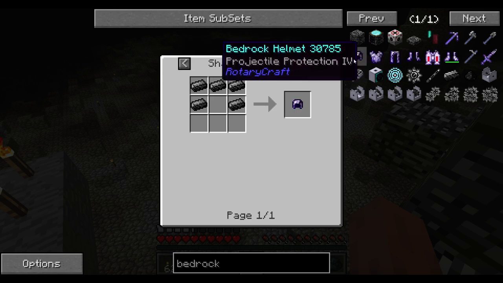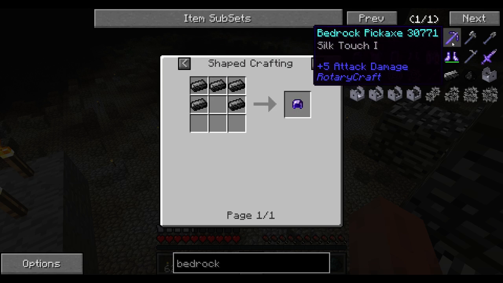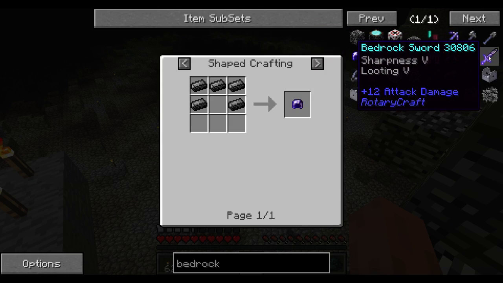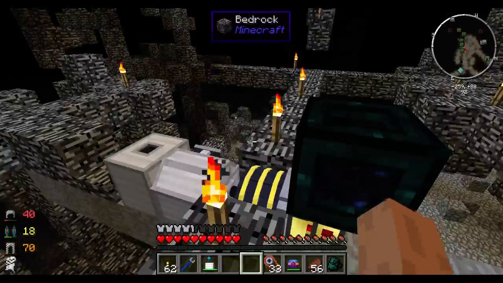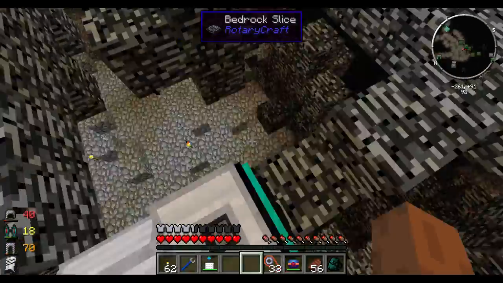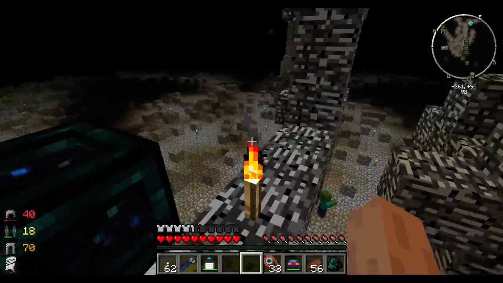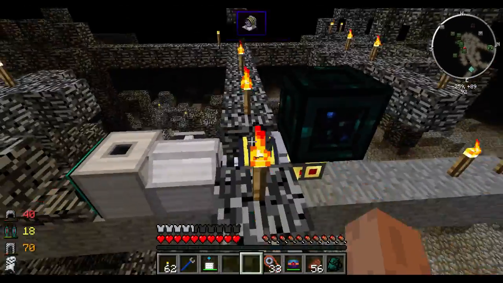So that's 2 things they already pre-enchanted. Same with the pickaxe. So when you make it, it comes with silk touch, and when you make the sword, it comes with sharpness 5 and looting 5, which is nice. So that's how this thing works right here, and that is what I've been working on off camera a little bit. I've been considering making a